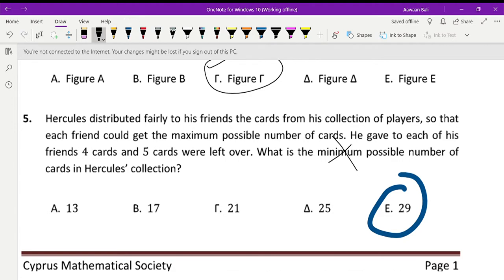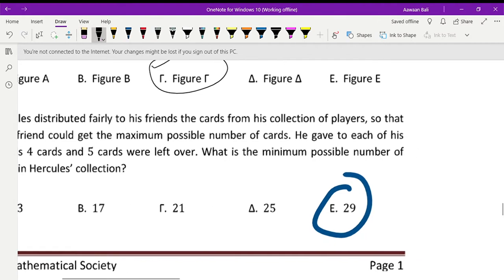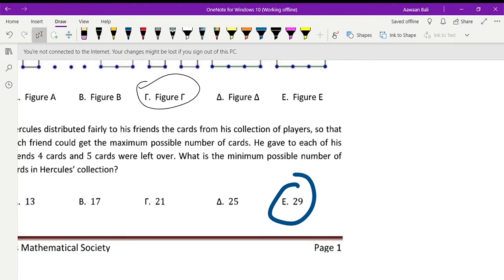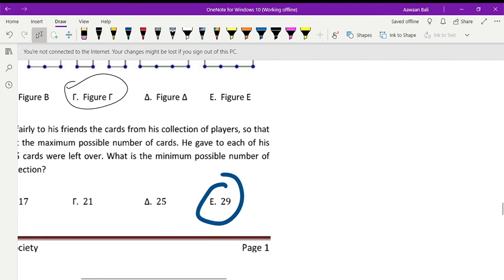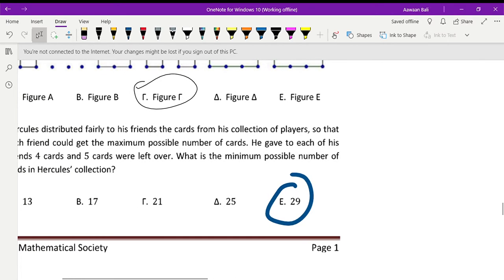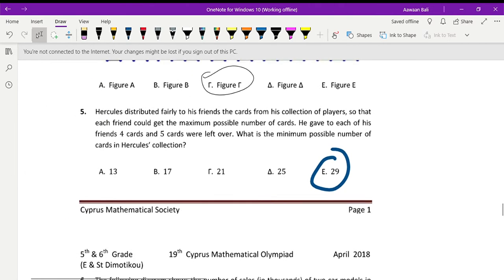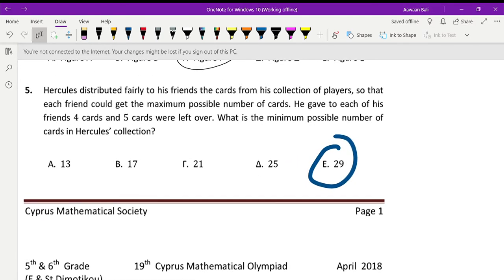Well, we can just avoid minimum here because Hercules is trying to do the maximum possible of cards. So we have to look at the biggest option here. So it's 29. 29 is the biggest option here now. Basically, we have to check that if we do 29 minus 5, which is 24, is it divisible by 4? Yes, it's divisible by